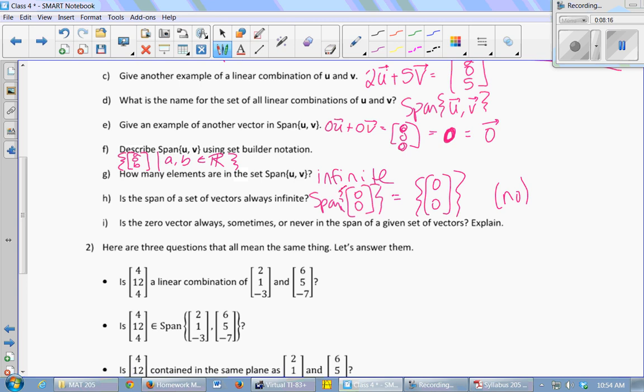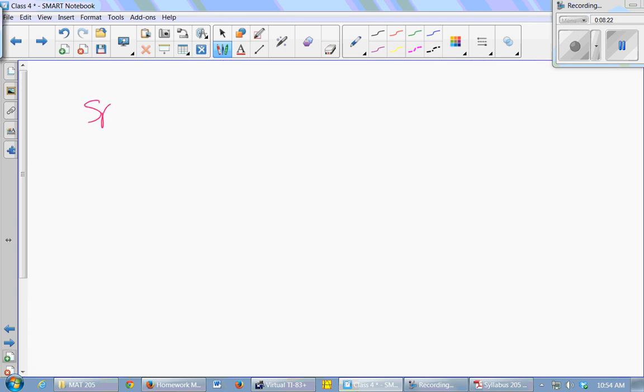So any other vector, I could take the span of a single vector. Do this on another page. If I wanted to take the span of, say, the vector 2, 3, how many elements are in there? Infinite. There's only one vector, so I can't do any addition, but I can multiply this by any scalar I want. So this would look like, in, say, set builder notation,